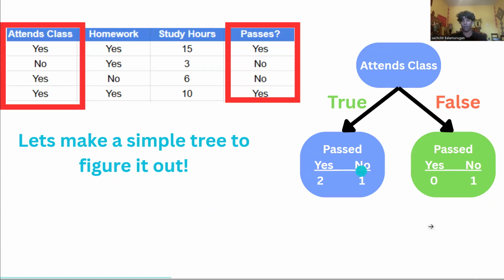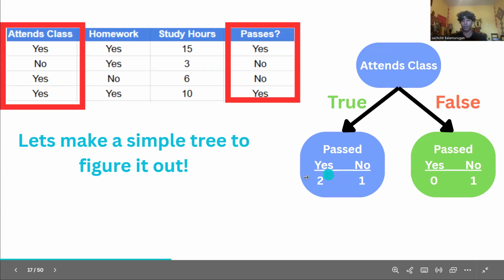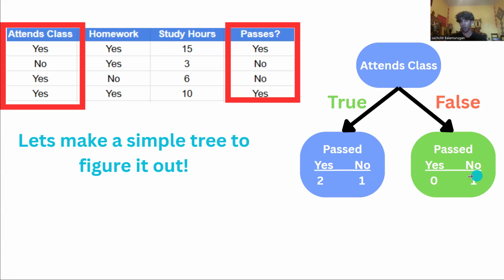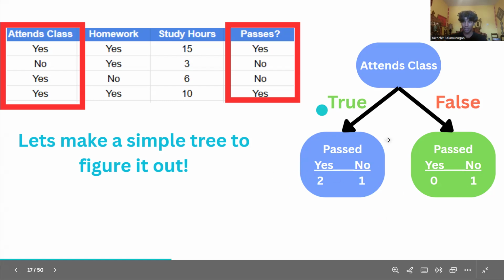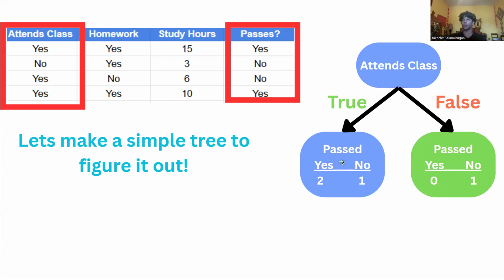For this, the weighted average, what would it be? It's 3 plus 1, 4. So the total weighted average is 3/4 here. Let's say this has a Gini impurity of 0.2. And we do now 3/4 times 0.2. I can't do that in my head, but let's just say that is a value of 0.23. Let's say this leaf's weighted impurity is 0.23.